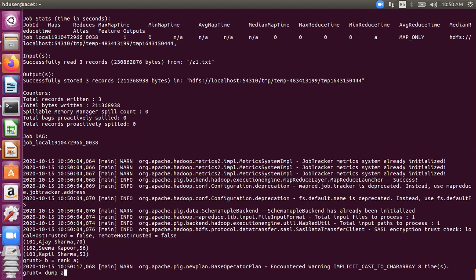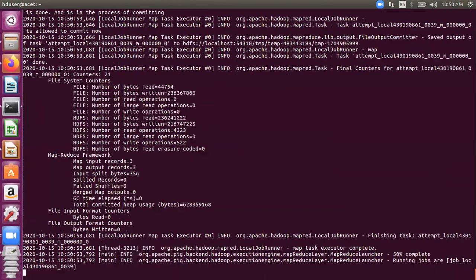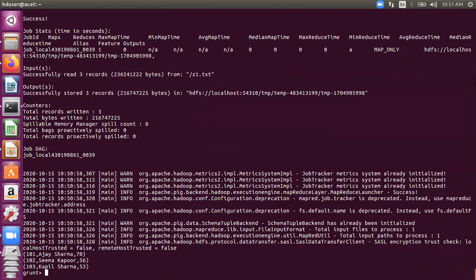What will happen to the output? Somebody to answer please. We have already discussed this rank operator. If I dump A, yes, Mani. Sir, indexing will be like 1, 2, 3. Which row will get 1? The first row, and second will be 2 and third will be 3. So if we just say rank, it will just give the ranks as 1, 2, 3.